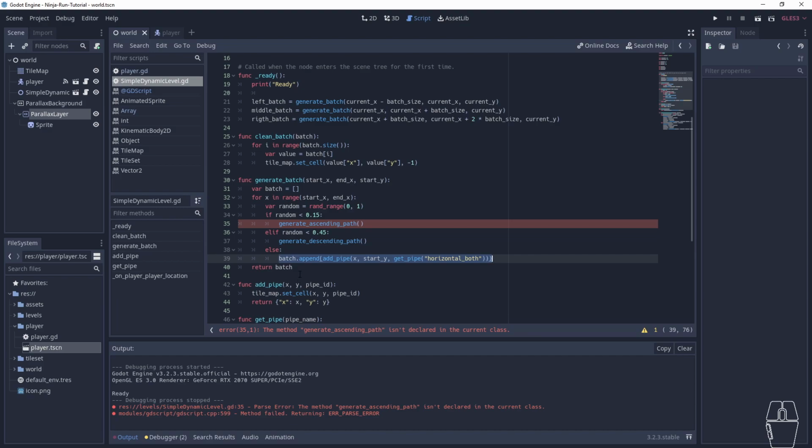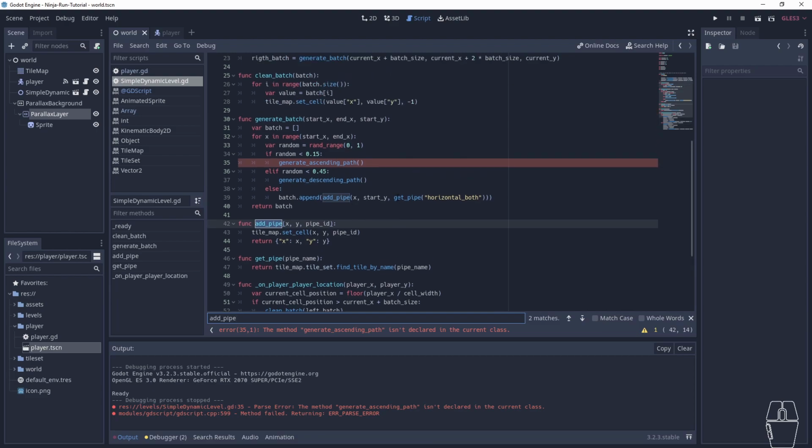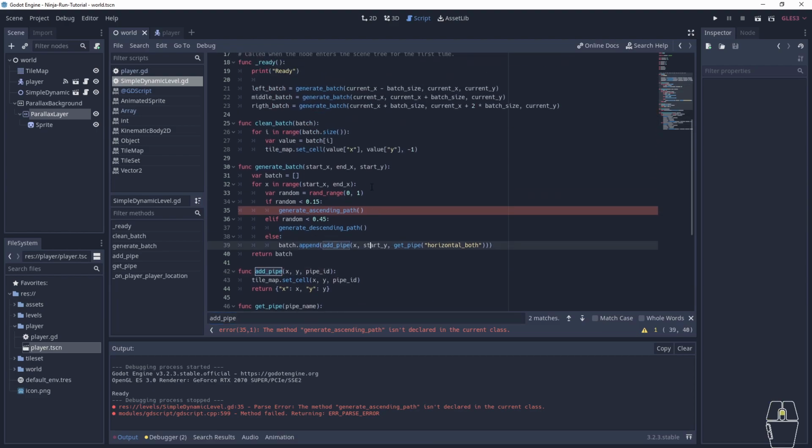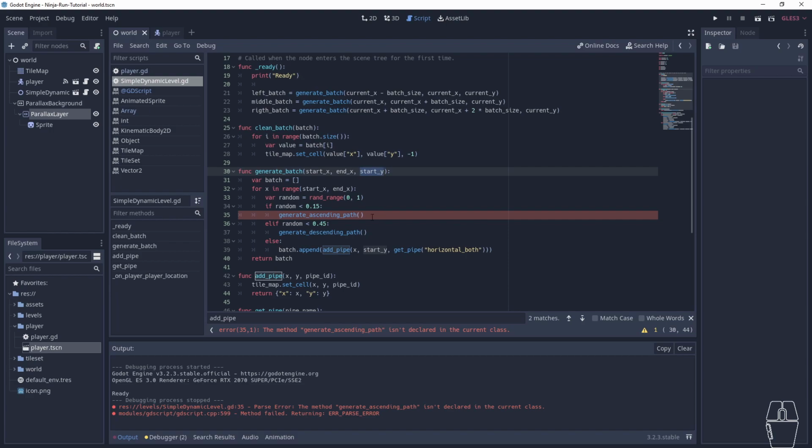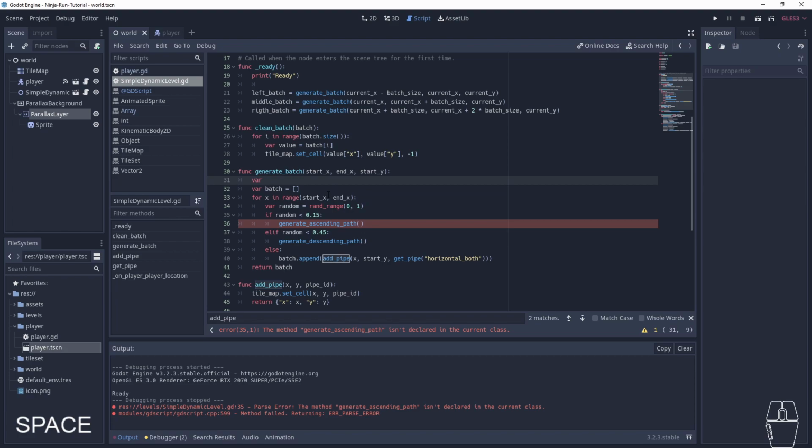So first of all, let me go to my pipe function, add pipe. Ah, yeah, this start x. I'm just gonna call it start y, but I will create a variable that I'm gonna call current y, or maybe cy. Current y is gonna be, at first, equal to our start y. So here I'm gonna use the current y, and